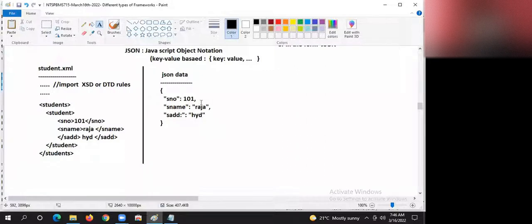Okay, boss. JSON is a good actor or actress, like Anupam Kher, Irfan Khan, Prakash Raj, Nawaz Siddiqui, Kamal Hassan, this kind of people, guys.